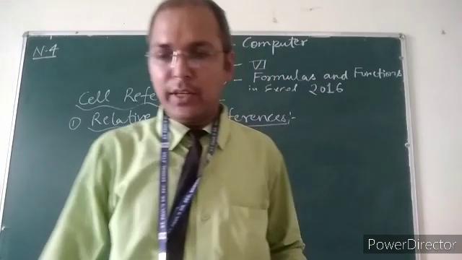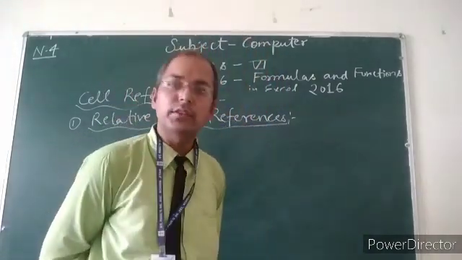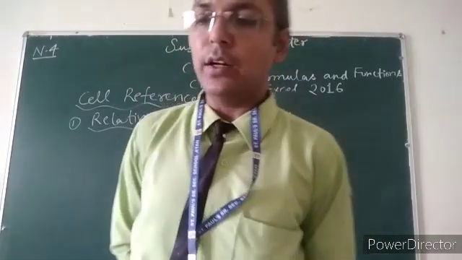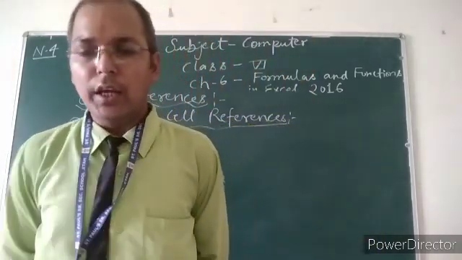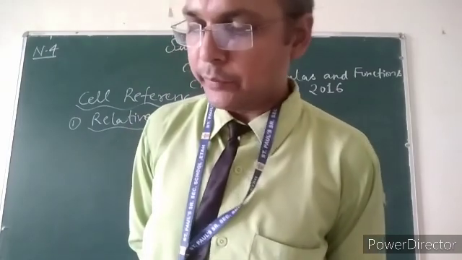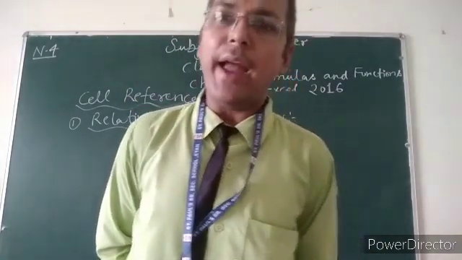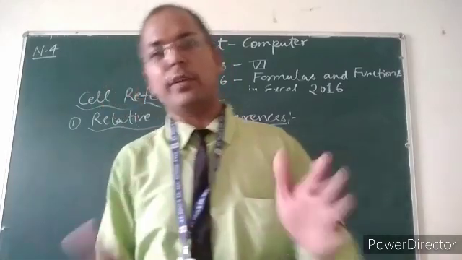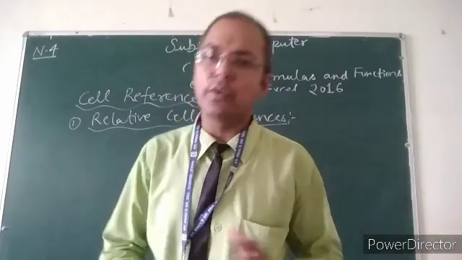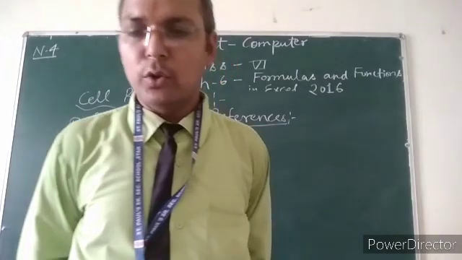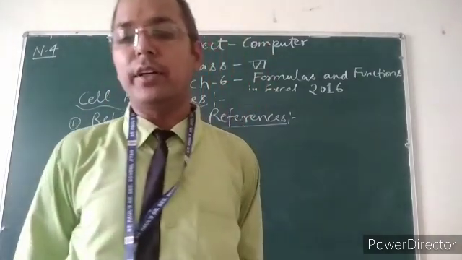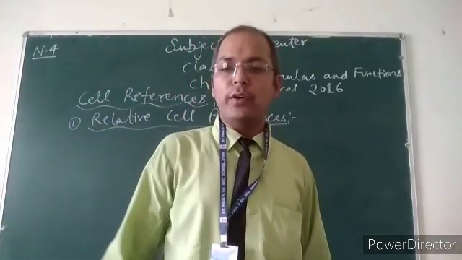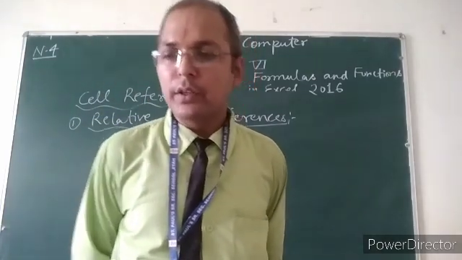Relative cell reference can be explained in terms of the position of a formula relative to the cell. When you copy or move a formula, the reference cell automatically gets changed. My dear students, I am saying actual numbers like B1, B2, or any other numbers according to your book and your figures, relative chapters, page numbers and figures. If I give you another example, maybe some students will be confused, and I don't want to create confusion. So listen again carefully. Relative cell reference can be explained in terms of the position of a formula relative to the cell. When you copy or move a formula, the reference cell automatically gets changed.